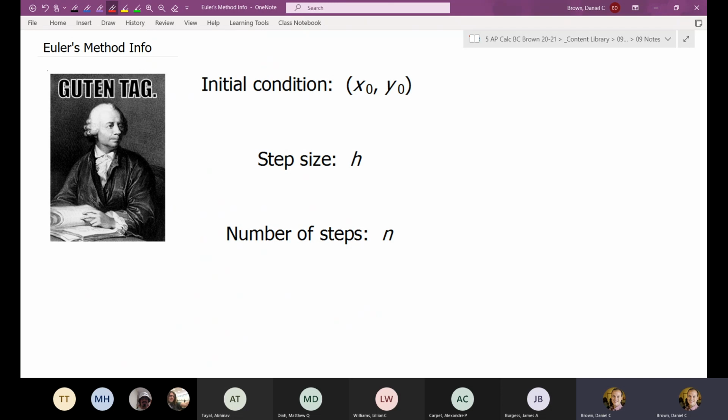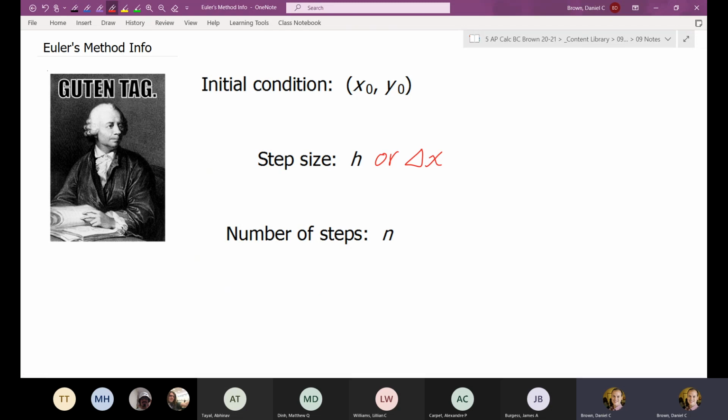and y sub 0. That's going to be some starting point on the graph. Could be at 0, could be located somewhere else. You're always going to have the step size, which is basically the difference between the x values of these little segments that we're going to use to connect the graph. Sometimes instead of h, we will use delta x. I actually tend to use delta x a little bit more because it more directly connects Euler's method to